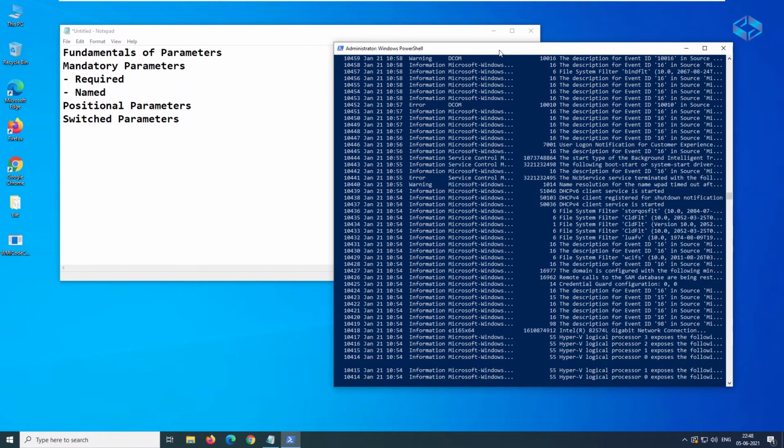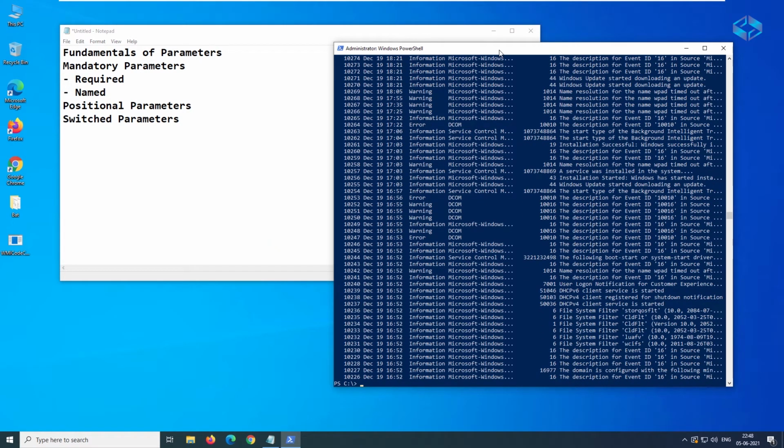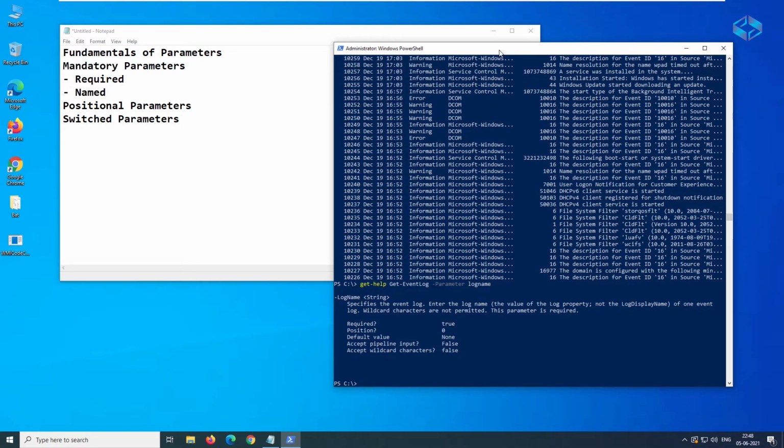So this event log actually displays, and this is the command we use now. We'll talk about the same thing again: this is a required field, and it also accepts pipeline input, and there is no default value, but it is a required field. That means you need to give the log name, it is a default parameter, and you need to give the input value.